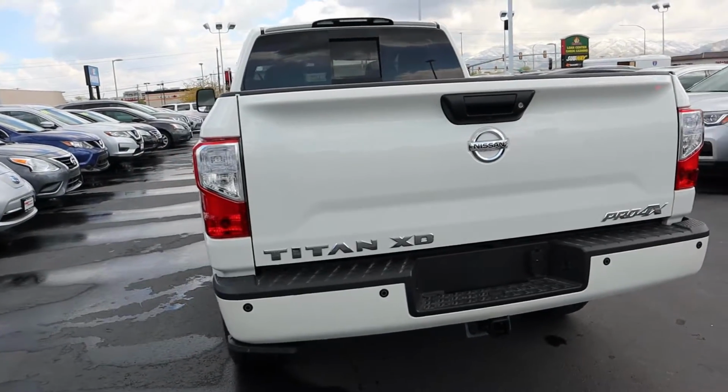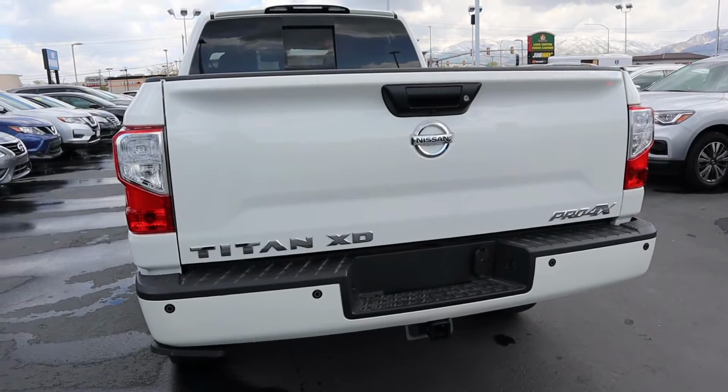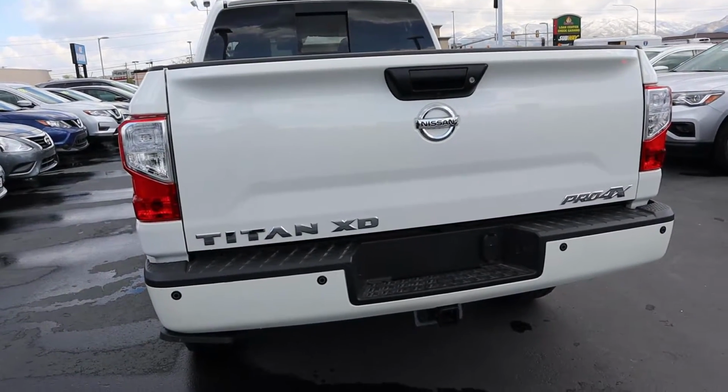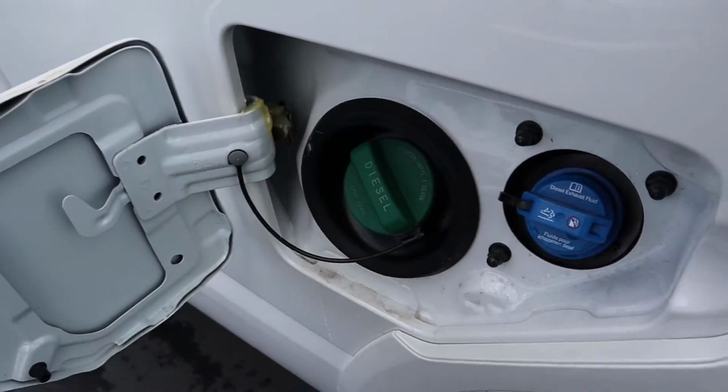Like Ford has that multi-function tailgate that's super heavy. So I'm glad that they actually don't have that, because I like tailgates that are a little bit more lightweight, that are easier to pick up and lock in place. And actually coming around to the side, we can see this is where you're going to fill in the diesel fuel,